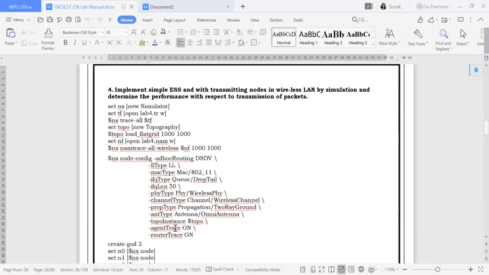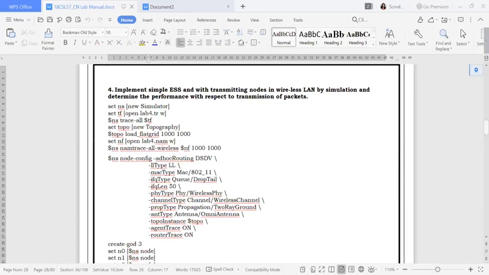Then the next one is, as per the question, we have to implement the ESS, that is the extended service set. So we should configure our mobile nodes. I told you we have to use the parameters. So what all are the configurations we are going to do? Here this paragraph is nothing but the configurations. So how are we going to do the configurations?